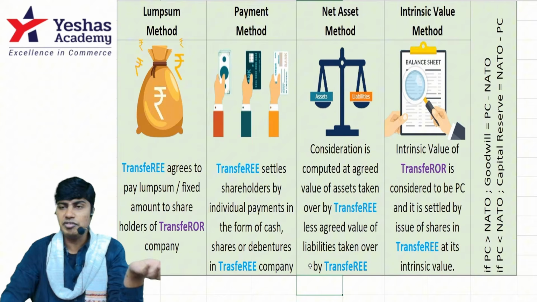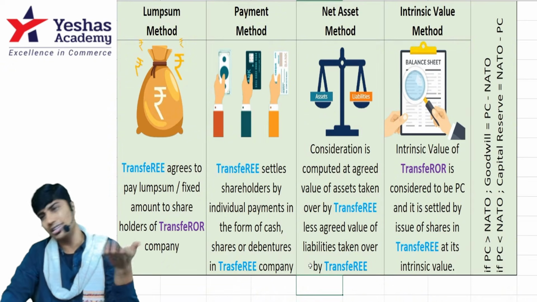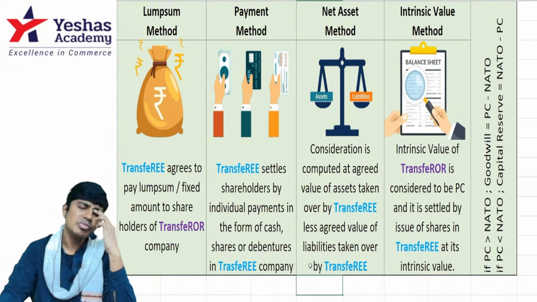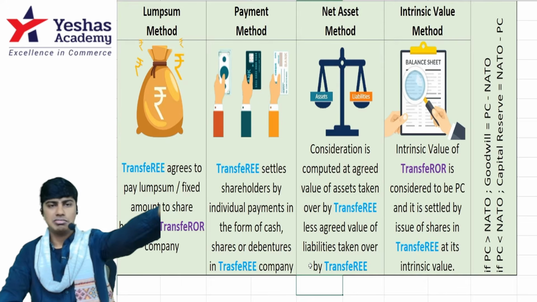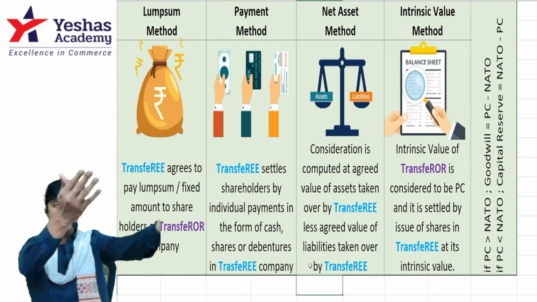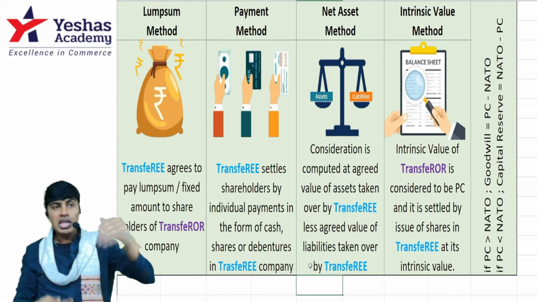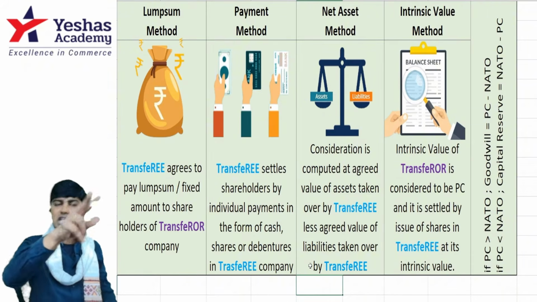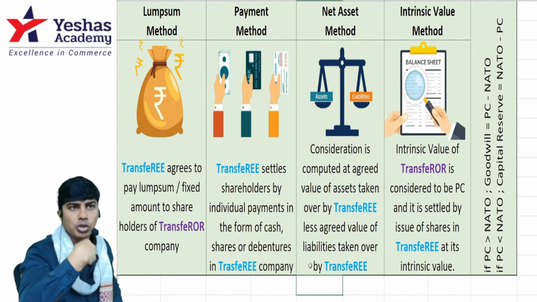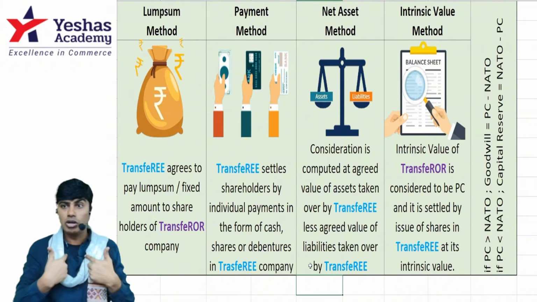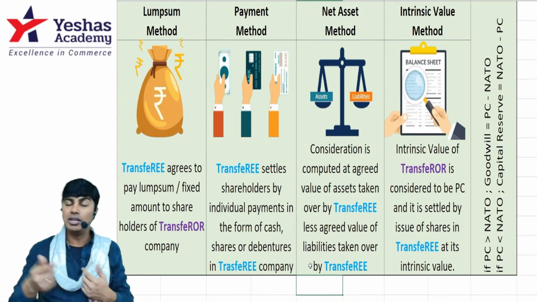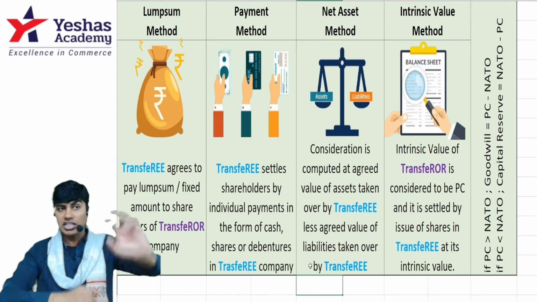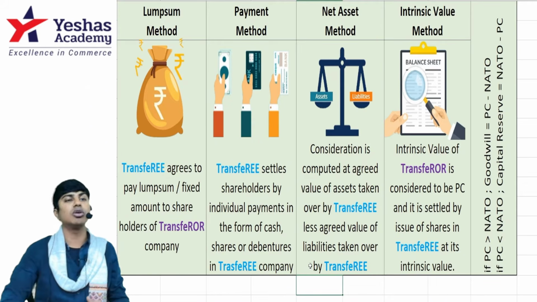Very good. Then after this net asset method, we will go to another method called intrinsic value. See, the transferor company's PC for the assets and liabilities taken over can be settled by issue of shares in transferee. If I value only transferor company, the question is how do you compute your share value? There's a question mark on transferee also. So we compute net asset value kind of computation, not just for transferor, but for transferee also.